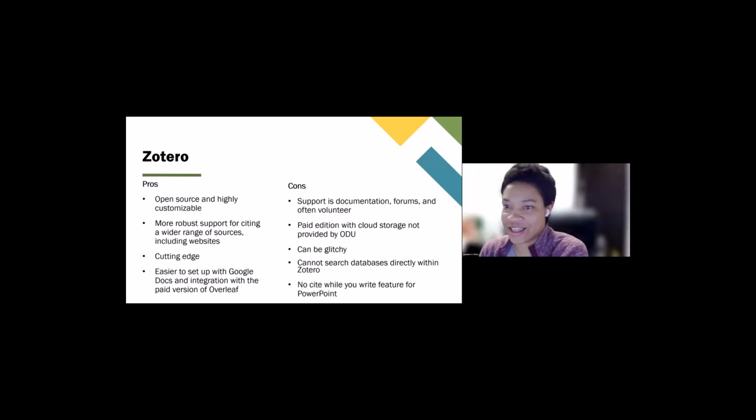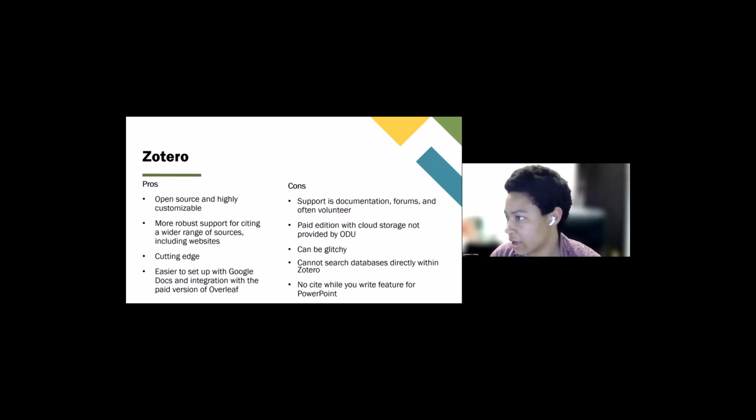Whatever Zotero does is copied by that one because it's built off of Zotero. So that's the case as well, and it's a little easier to set up with Google Docs than EndNote. I think there is a way now to set up EndNote in Google Docs. That has been an issue in the past, but with Zotero, it's just right there. I think when you install it, it goes right into your browser, and then through that browser add-on works in